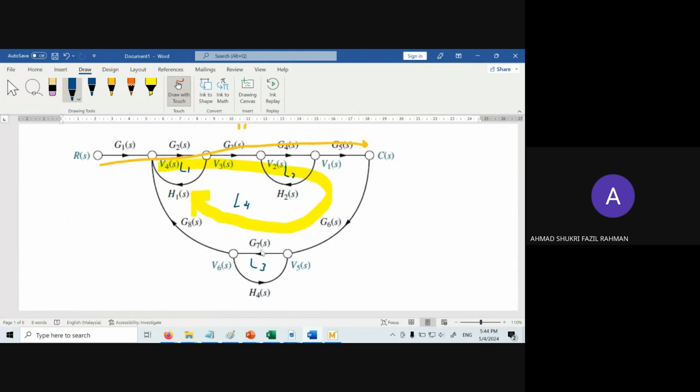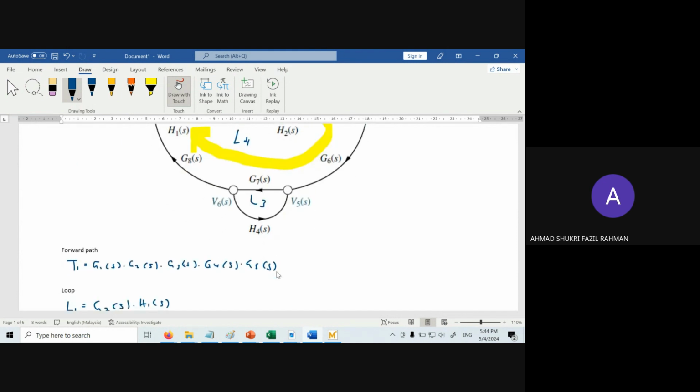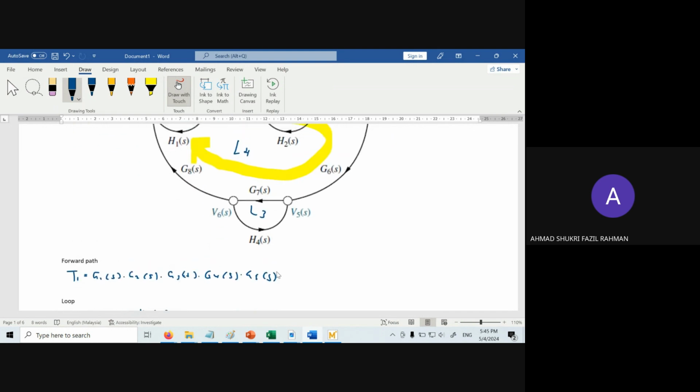1, 2, 3. They both not share the same path. So you can see between L1 and L2, the path is different, completely different. Di antara L1 dengan 2 ni, dia punya laluan dia berbeza. Laluan dia berbeza. L1 dengan L3 pun berbeza. L2 dengan L3 pun berbeza. Okay. Yang tu step dia kena pasti tu.